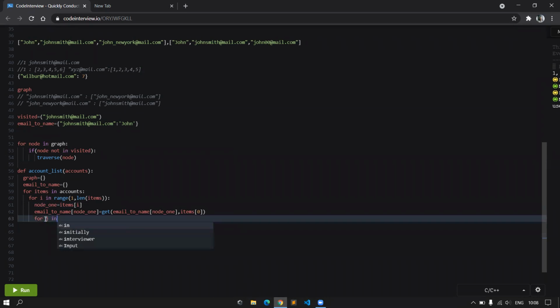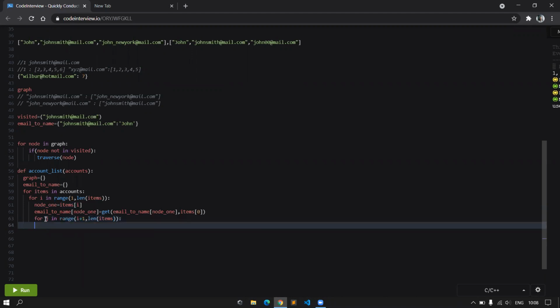And now to go to the second node, I will go from I plus 1 so that there won't be any repeating cases or duplicates in my dictionary.